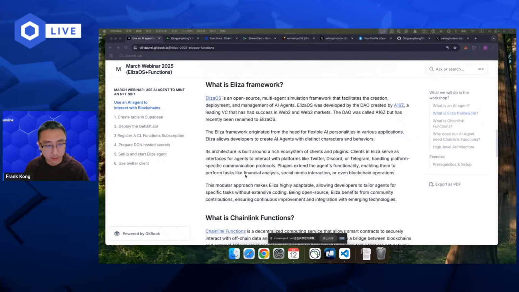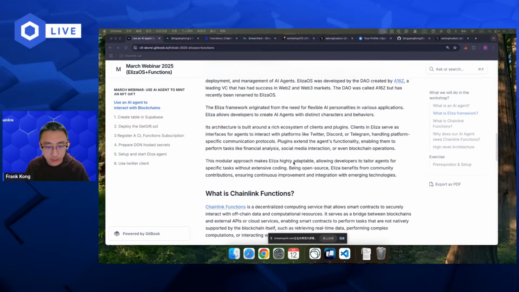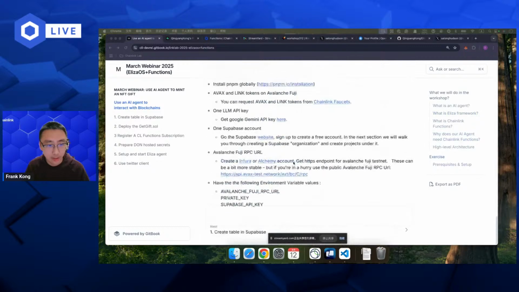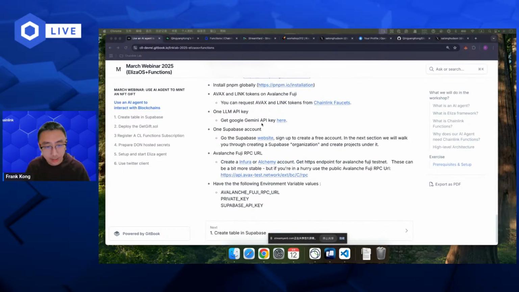And the second part is, as you mentioned, OpenAI or Grok or any LLM. This LLM is the core, the brain of Eliza. It depends on which LLM you connect with Eliza, then your input from the client can be analyzed by this LLM. For example, in this workshop, we can use the Google Gemini API key, and if you have an OpenAI key, that is also okay.